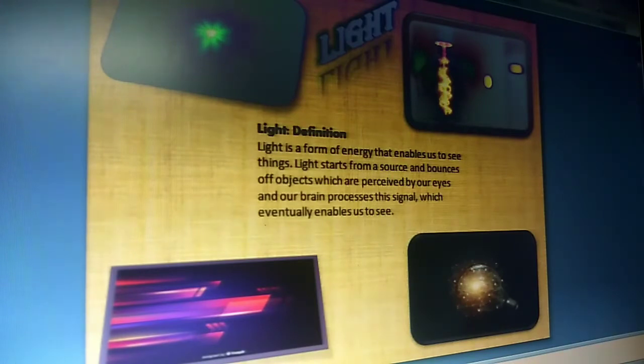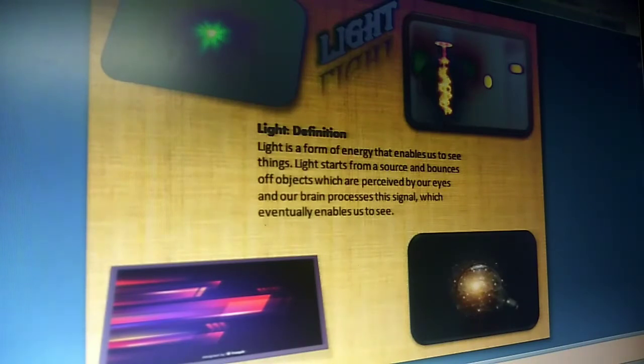Light starts from a source. That source is called a luminous body, and the light bounces off objects, which are perceived by our eyes. After bouncing back, it is known as the phenomenon of reflection. That reflected light is perceived by our eyes, the optic nerve converts it into electrical signals and sends it to our brain. Then the brain processes that signal and sends back the response,